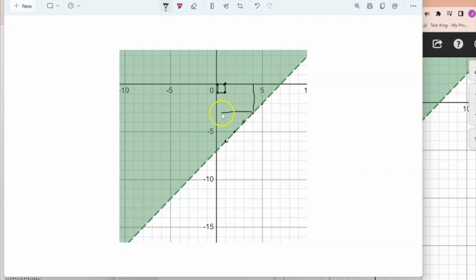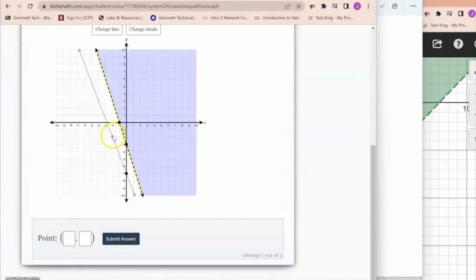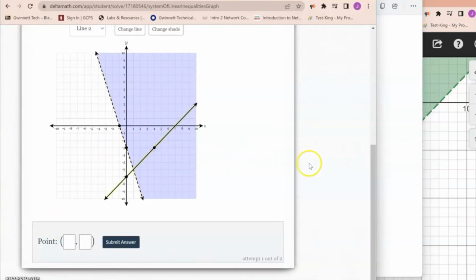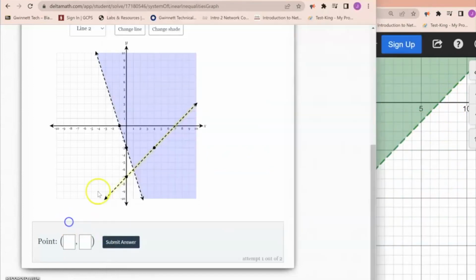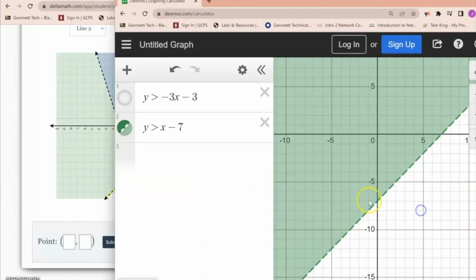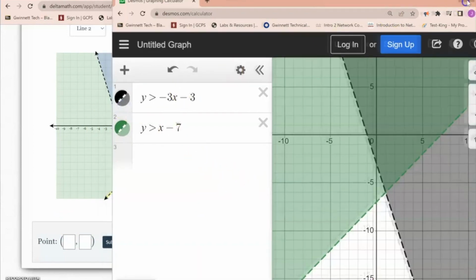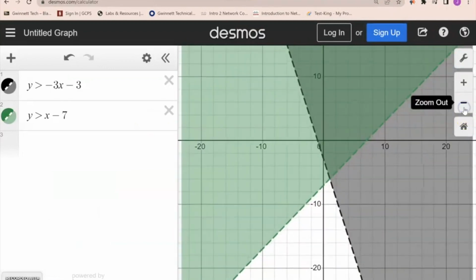This one is 4 and -1, 2, 3. 4, -3. All right, and again, make sure your line looks the same. I can see mine is dotted, so that needs to be dotted. And then my shade is on the left, or on the top, however you want to say that. So change your shade to the top. Now, in order for you to see what I am talking about in terms of the intersection of shades,